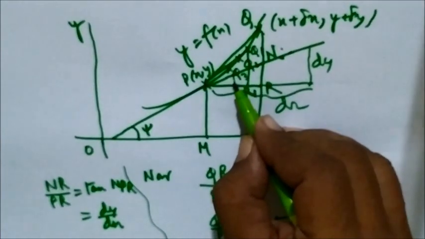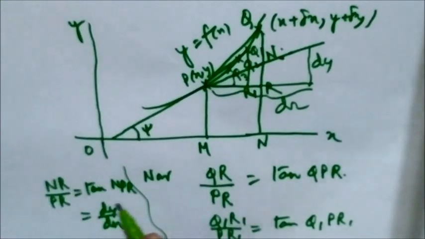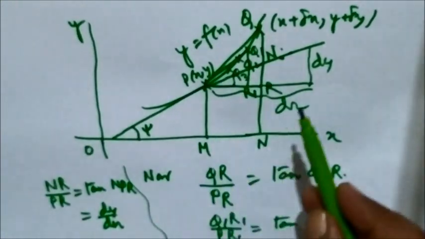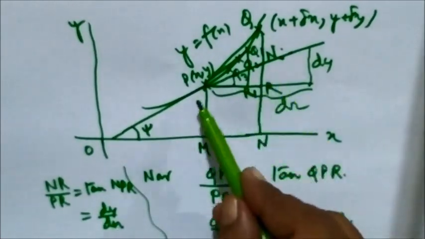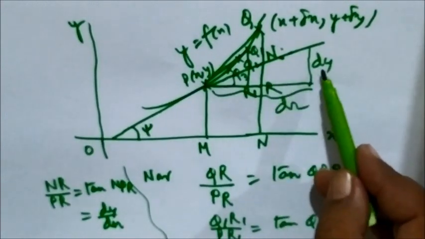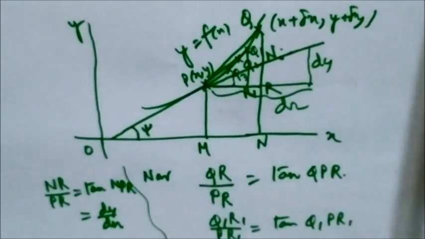If this one is dy and this one is dx, that is the same value, the tan of this angle. So in the differential coefficient, we get a limiting value, that means tan NPR, while in differentials there are many values of dy and dx which are different but give the same value. So dy by dx and differential coefficients